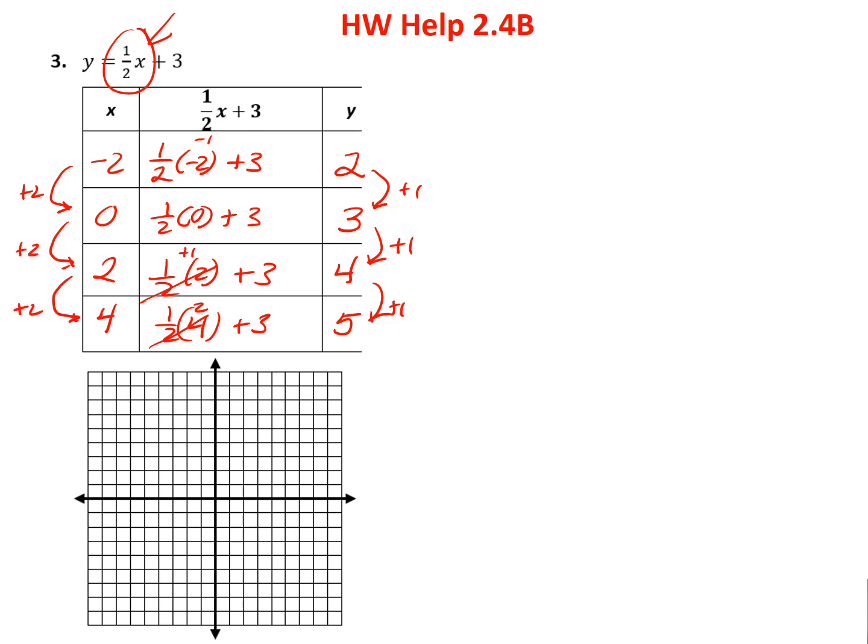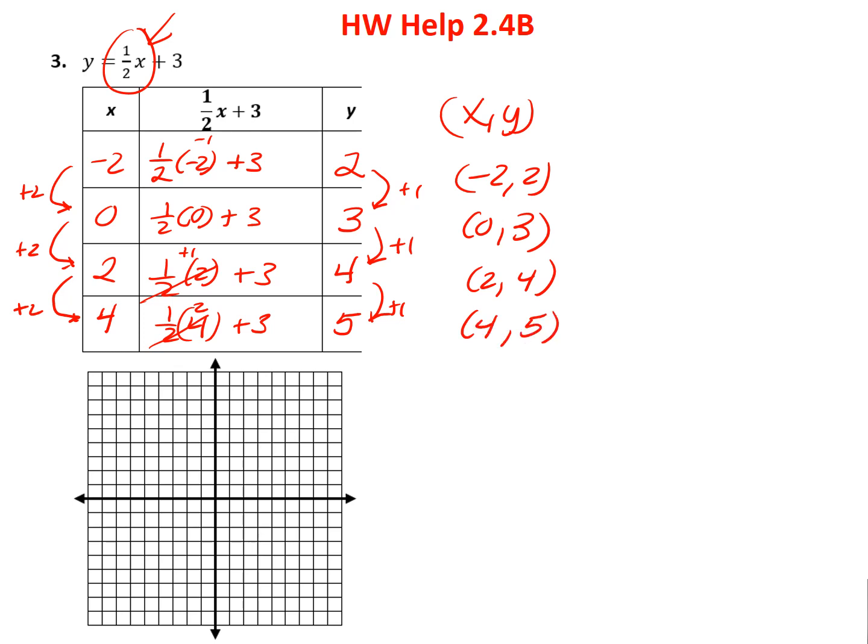So 1 over 2, 1 over 2, 1 over 2. And let's look at what our coordinate pairs are going to be. It's going to be -2, 2, and then 0, 3, and then 2, 4, and 4, 5. So let's graph them. Start at the origin, -2, 2,